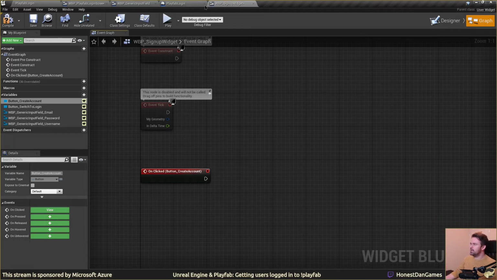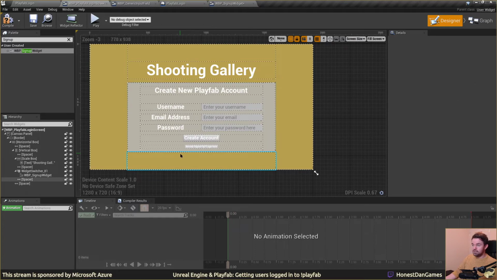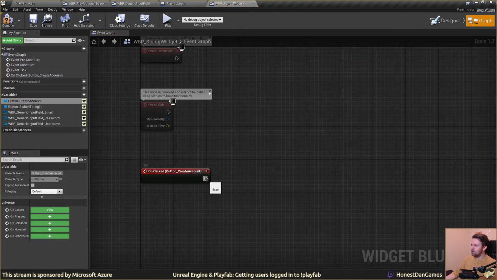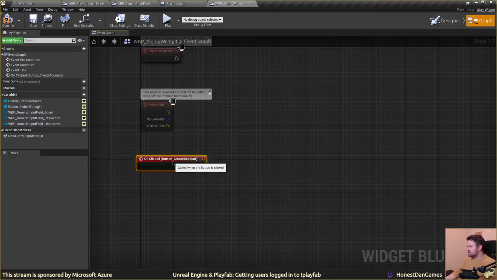But the thing to think about is we might want this widget to exist in a different part of the system. Maybe not just on our main login screen. You might pop it up later in the game as well. So instead of handling the logic directly in this graph, what I'm going to make is an event dispatcher instead. So what this does is effectively, when I click this button, it's going to shout out, hey, the sign in button, create account, has been clicked. And then wherever we've added this widget, we can define what it should do there. So let's just go through that logic to show how that works. So we've made a new